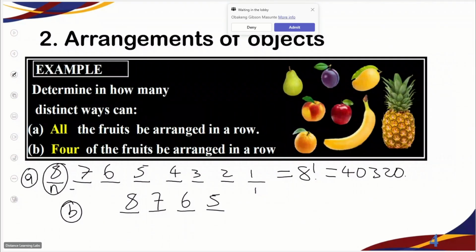Therefore, you multiply, in between there, 8 multiplied by 7 multiplied by 6 multiplied by 5. Then this is not a factorial. Please be aware that letter A is a factorial because it starts from 8, it descends until it gets to 1. But the second one will not be referred to as 8 factorial because it is descending, yes, but it does not descend until it gets to 1. Therefore, the answer for this will just be